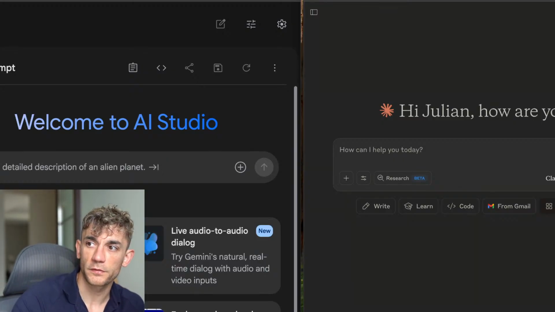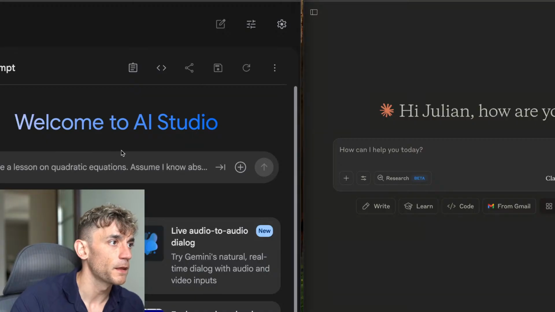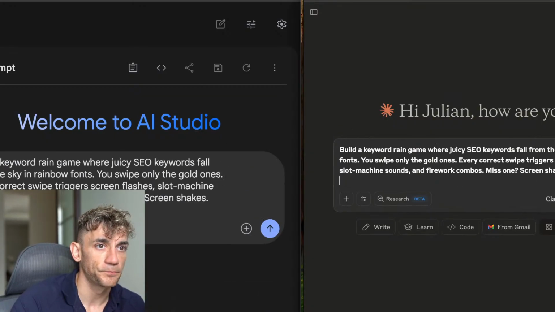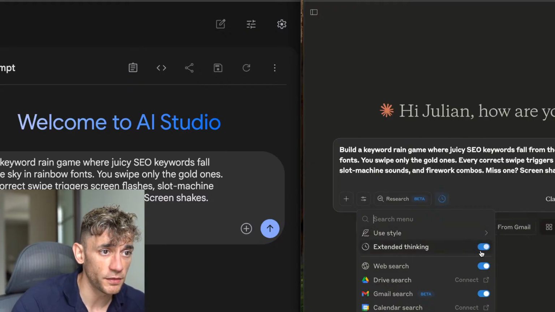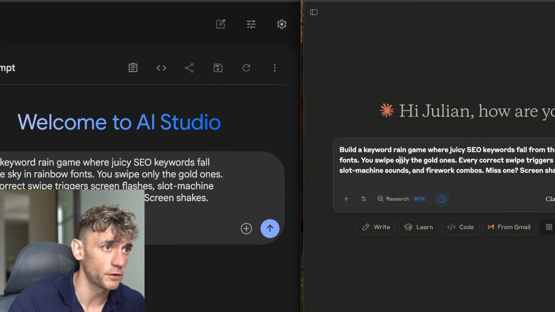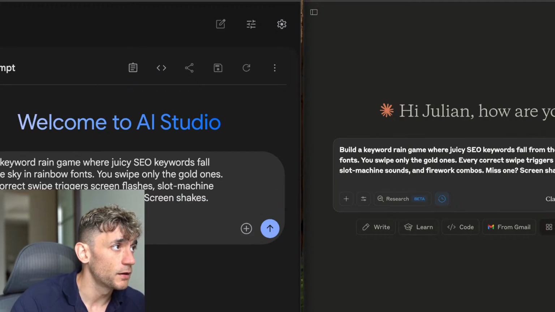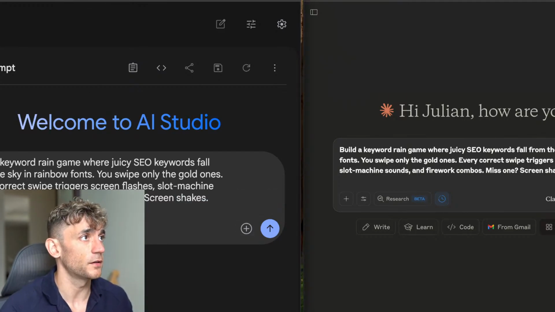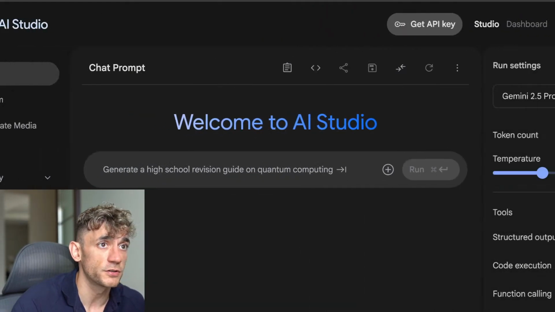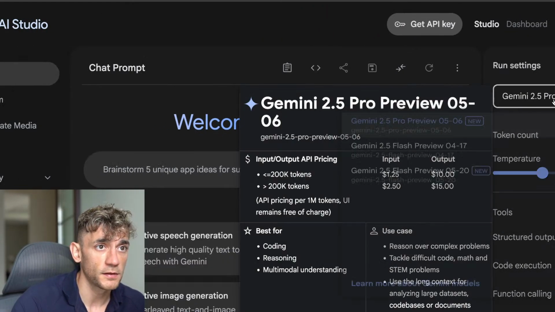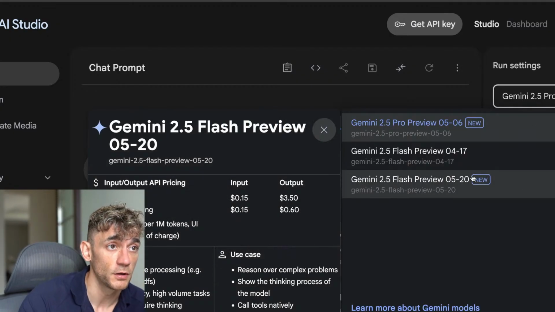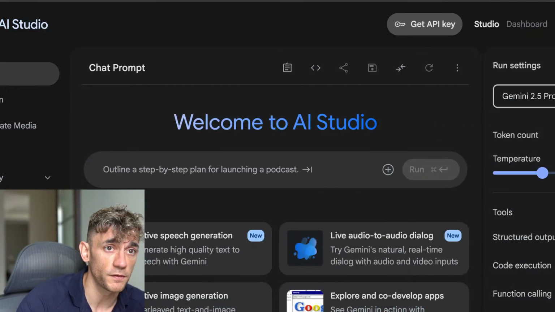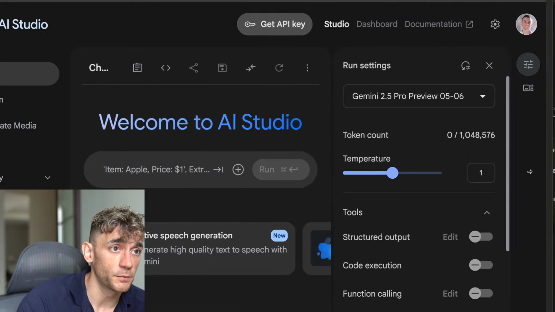And by the way, if you want all the prompts, they're inside the AI Profit boardroom. So, we're going to test these side by side. One thing I'm going to allow inside Claude is extended thinking, just to get better responses from Claude 4 Sonnet. The first thing that we're going to go with inside both of these is this keyword game. Now, I just need to make sure that I've got Gemini 2.5 Pro selected, which I have. Awesome stuff. I'm just going to change that to the latest version. So make sure that you're not using the 6th of May version. Actually, that's Flash Preview. Yeah, let's just go with 6th of May then. And then we'll pull these up side by side.